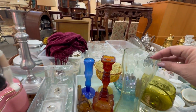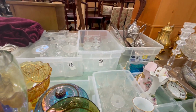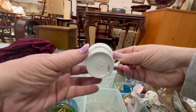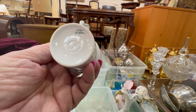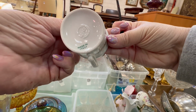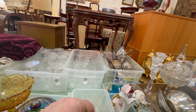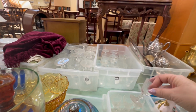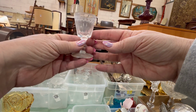All the colored glass. I used to collect glass for everything just because it was pretty. Like these little, they might be espresso cups. They were made in Italy. These are one things that I probably wish I would have gotten, but I totally forgot about them during the night. There was so much stuff to look at. I totally put these out of my